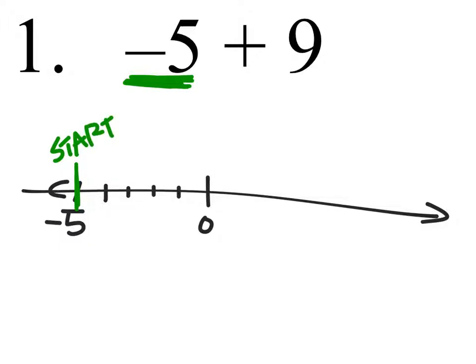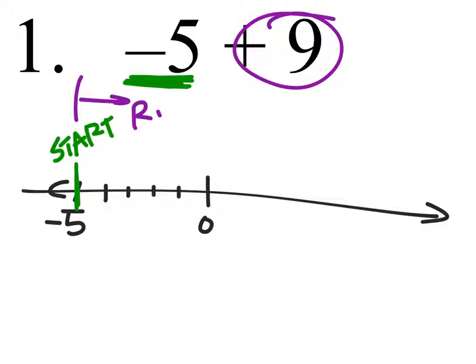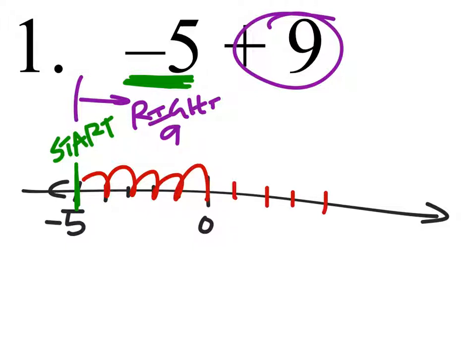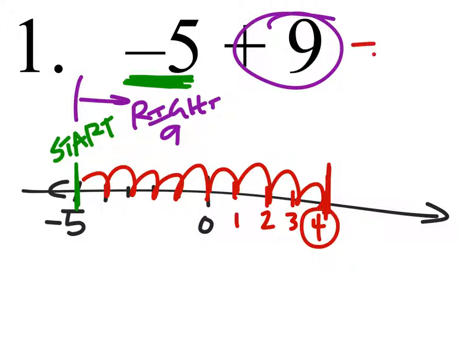And this one's adding a 9 right here, which means we're going to go to the right 9 spaces. Right, 9. So let's count those out. 1, 2, 3, 4, 5, 6, 7, 8, 9. I didn't have those there before, so we need them. So what was that? 0, 1, 2, 3, 4. Bam. There we go. So our answer here, negative 5 plus 9, is a positive 4